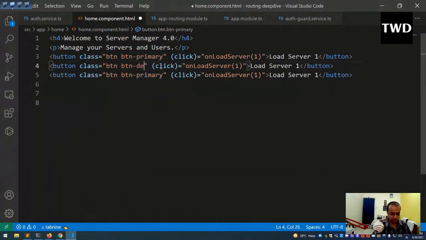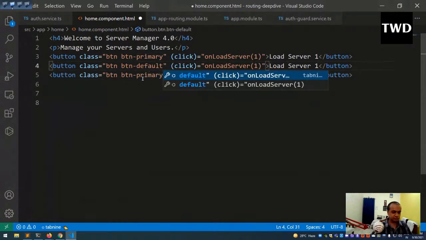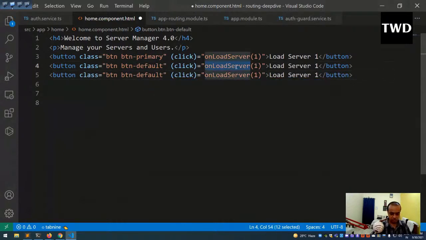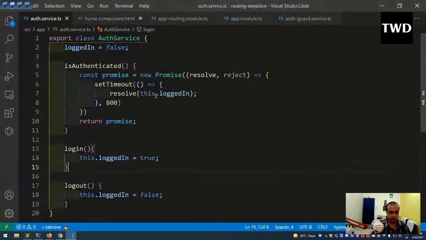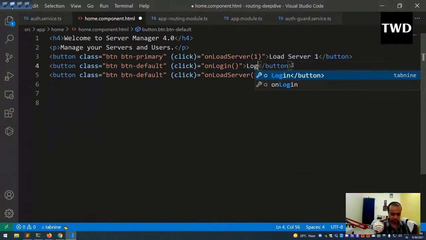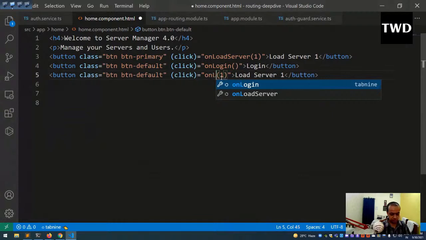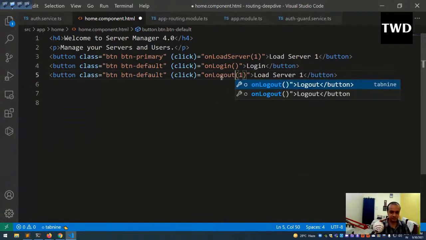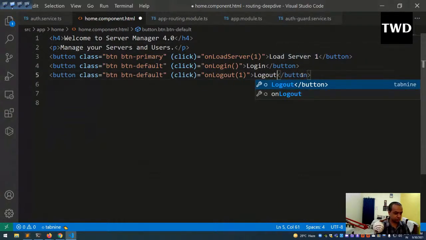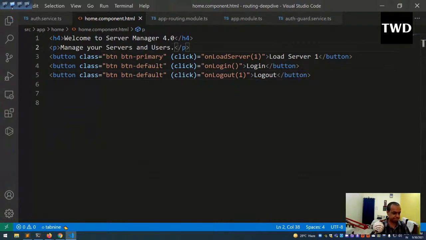Let me make a button, default, and on click it will call on login. This is the method from your auth service. No, it will call the method of the auth service. Okay, wrong. You might have guessed, this is login, and this will be on log out. On log out, it is logout. Save it. Now